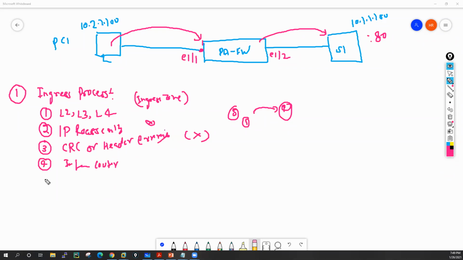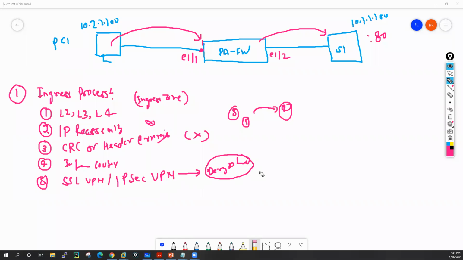And in the fifth check, it will also try to identify whether the received packet is related to an SSL VPN or an IPsec VPN. If it is receiving a packet for SSL VPN or IPsec VPN, in that case, it needs to perform decryption.